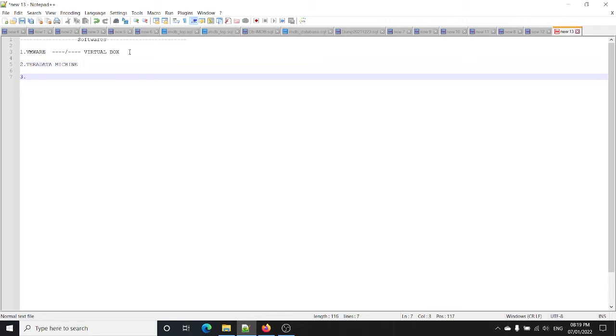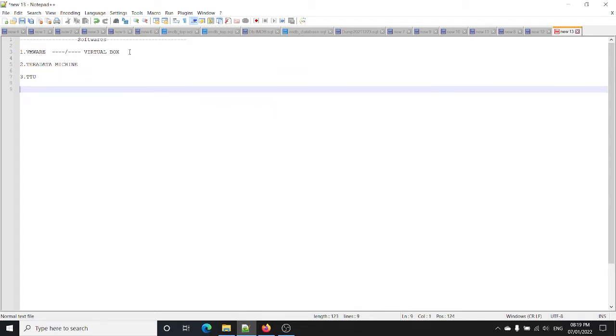The third requirement is to download and install TTUs. TTU means Teradata Tools and Utilities. And the last software we are going to need is Teradata Studio.